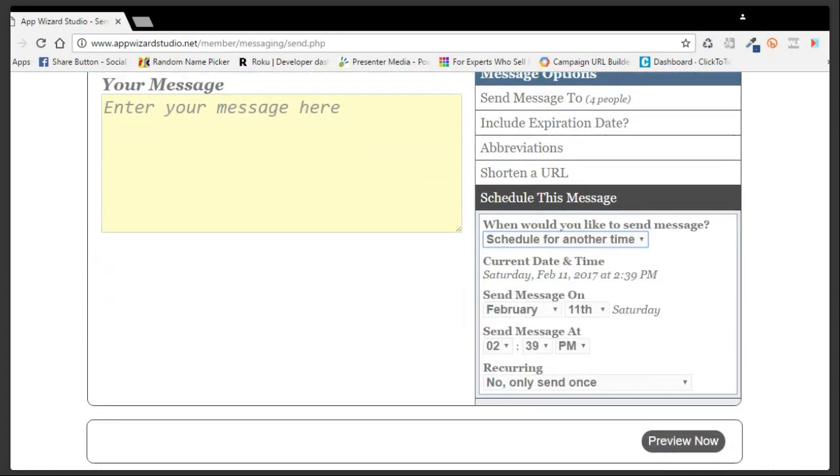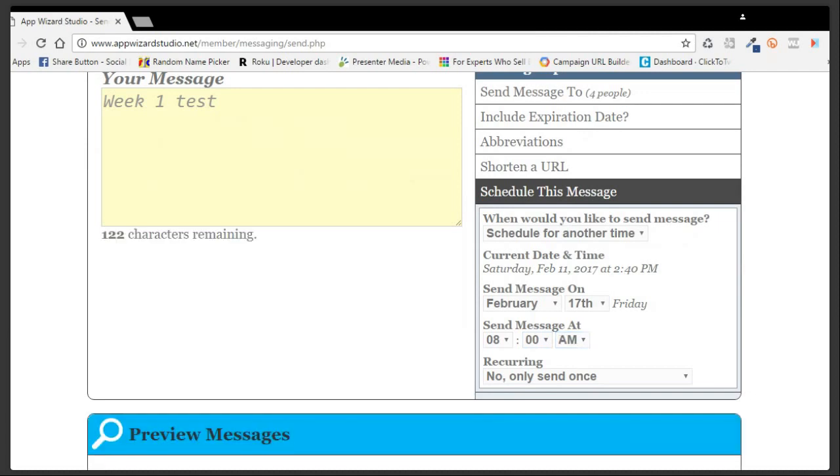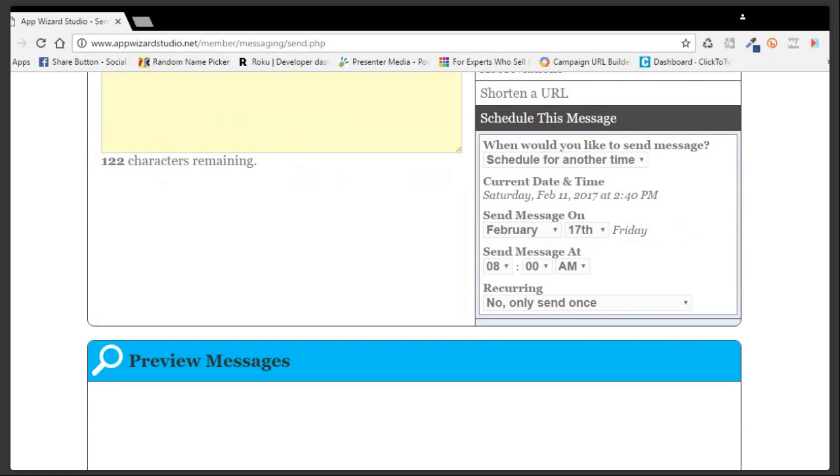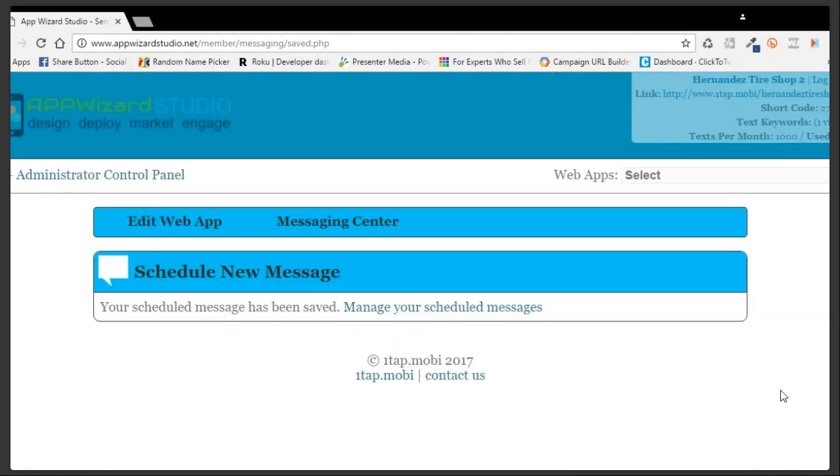On the 17th. Well, that power surge just slowed my computer down bad. Send only once. You can set whatever time you want to send it at. We want to send it in the morning, right? So that everybody will have time to come out and do their thing. Preview now. There's my message, save scheduled message. Message setter, send new message. And what I recommend doing is having your